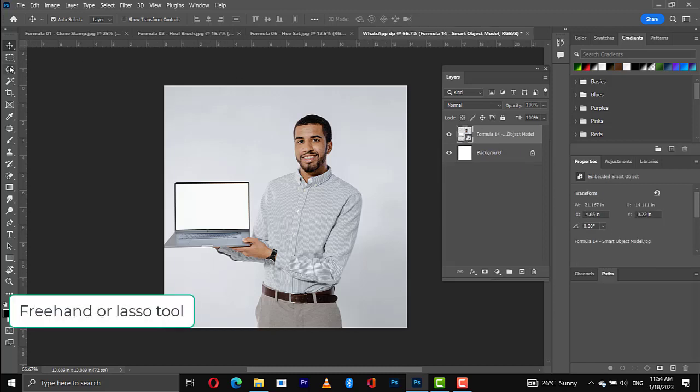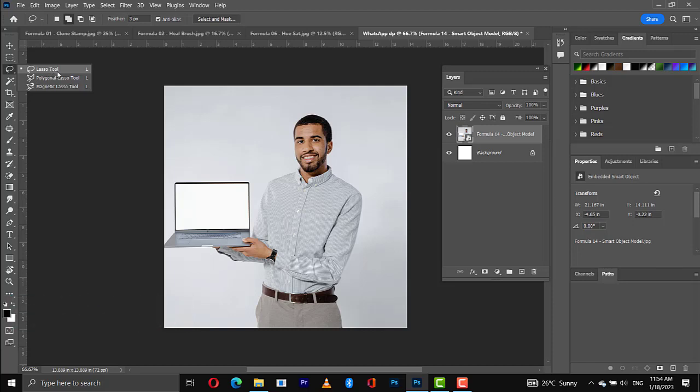The freehand tool also goes the same way. This is the lasso tool, or the freehand tool. The magnetic lasso tool and polygonal lasso tool all perform similar functions, but they are quite different, so you need to watch the explanation on that. I've made a full video on the differences between the lasso, polygonal, and magnetic. But with the lasso, this is what it does. It is freehand,